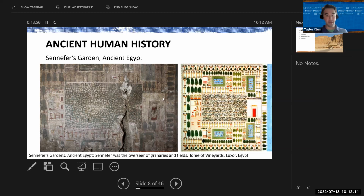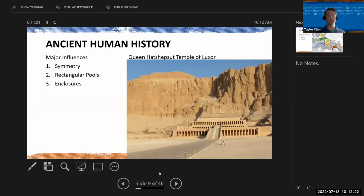So, but nonetheless, Cinna was viewed as the overseer of granaries and fields. And this is that example of what Cinna's garden is. And this is one of those things that we study in ancient Egypt. But some of the other major things that we see in ancient times, in ancient Egypt especially, this is Queen